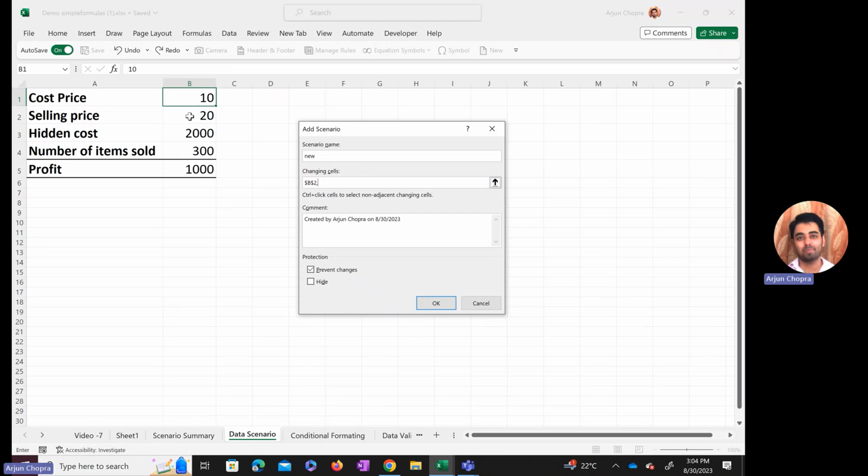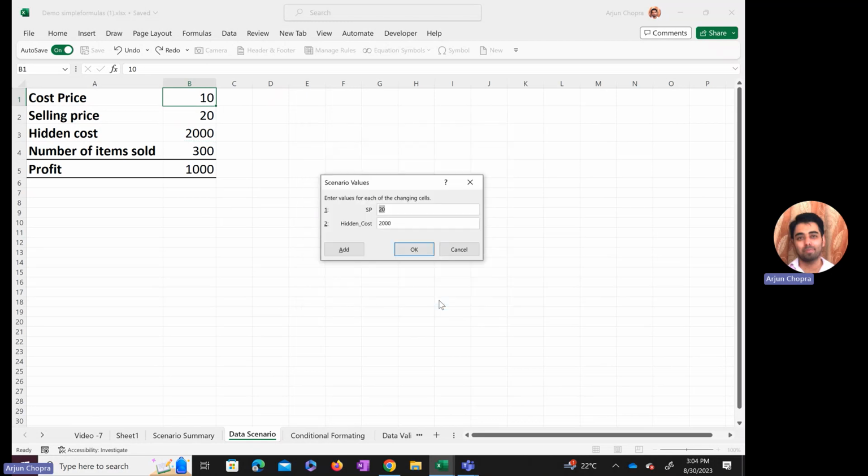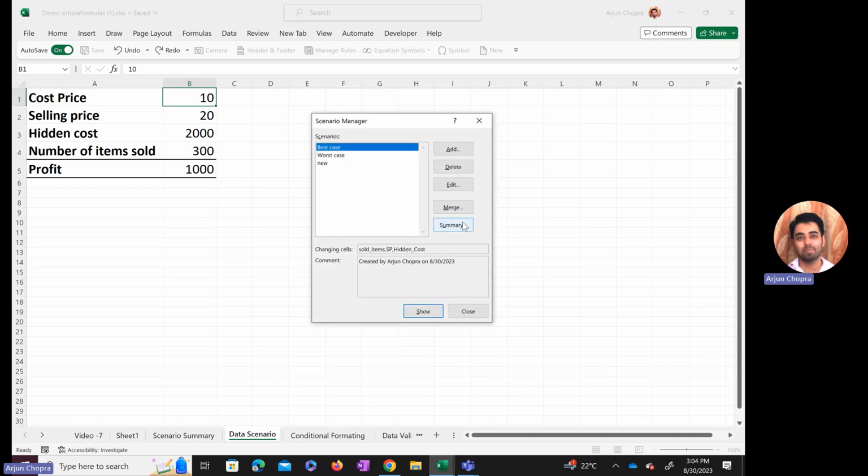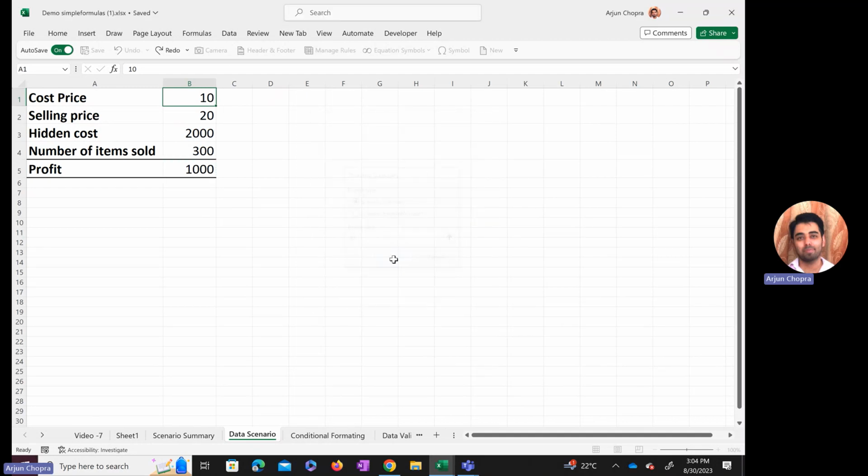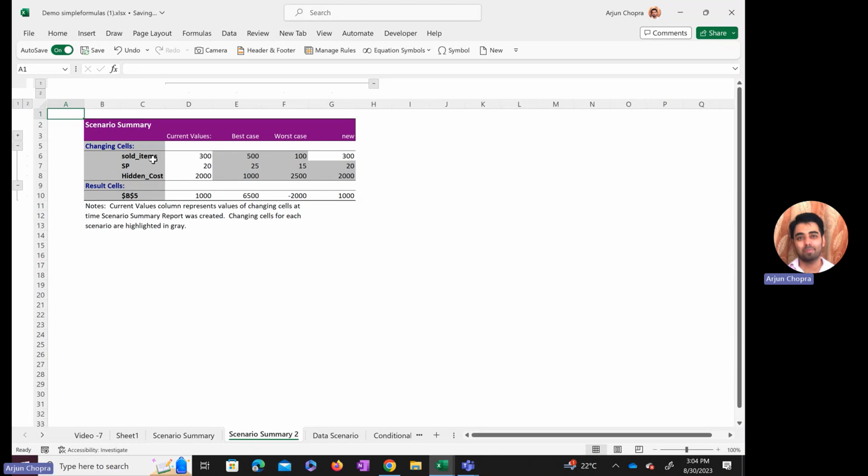I think I did, but there's no harm in doing it one more time. And then press OK. And see down here, you can see the name now associated with them. So hidden cost and SP, and press OK, and then summary. And now you can see the name down here, and this is merged with the best, worst, and new case